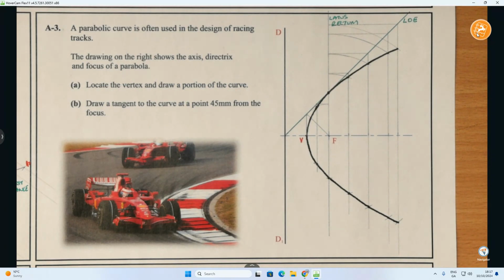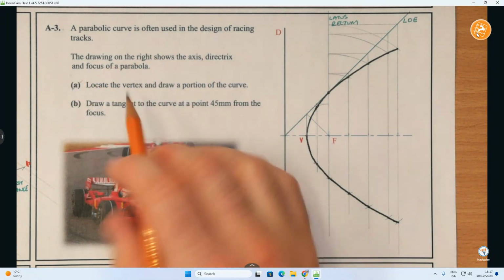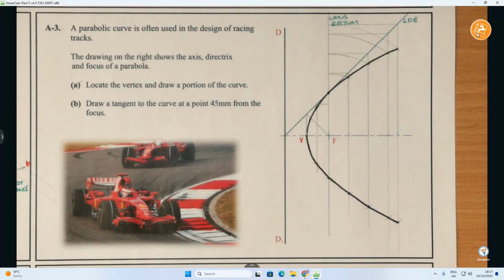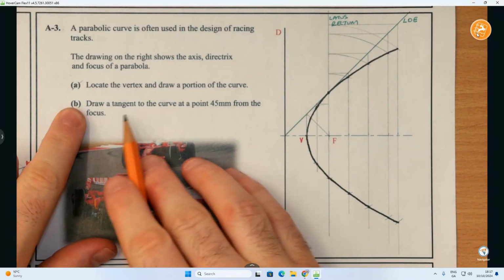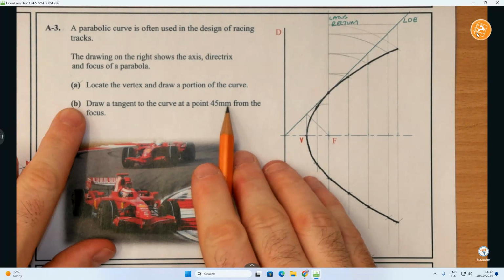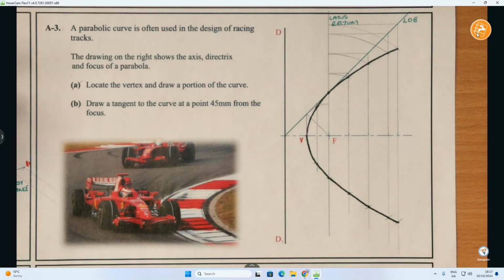Okay, so there we have our parabolic curve. That is the first part. Locate the vertex and draw a portion of the curve. So now what we're going to do is part B, draw a tangent curve at a point 45 millimeters from the focus. Okay, so easiest way we can do this is we need to set up 45 millimeters on our